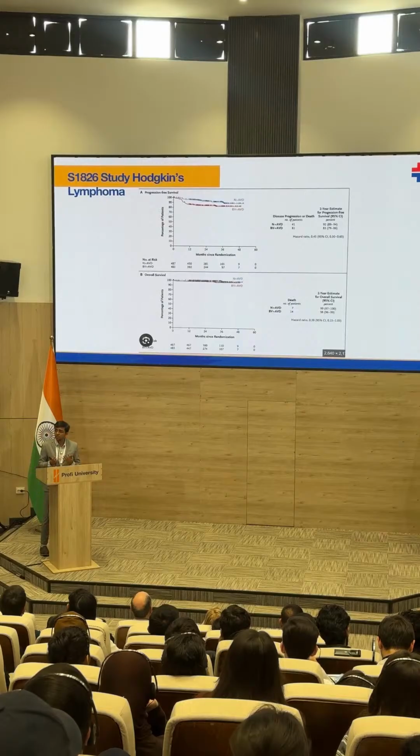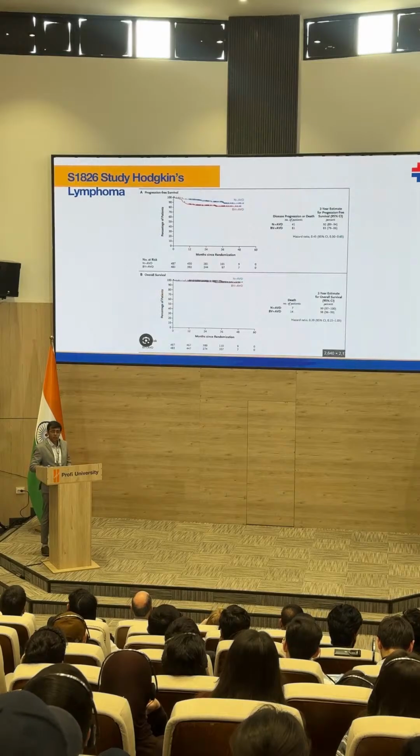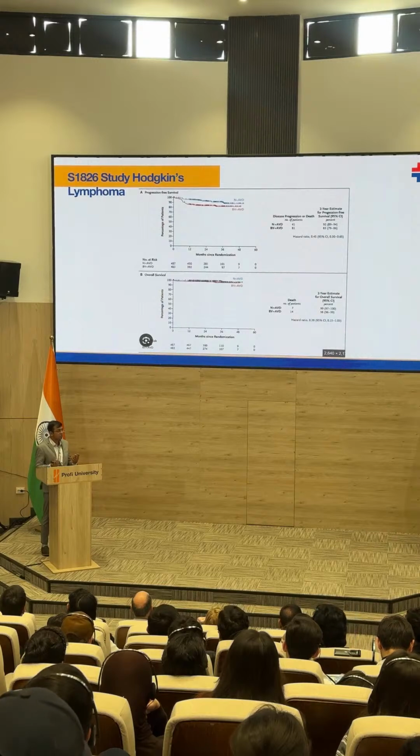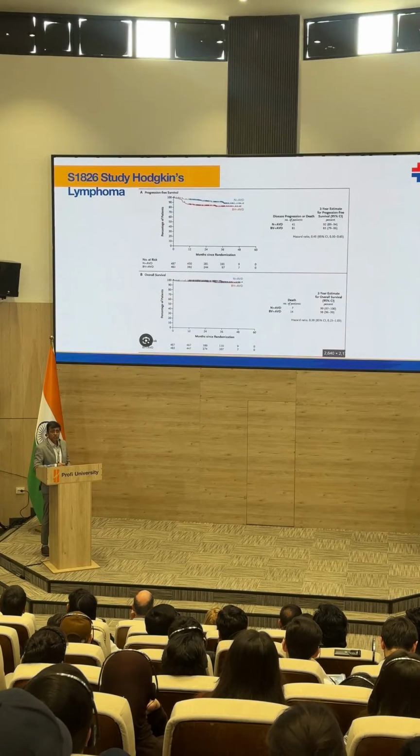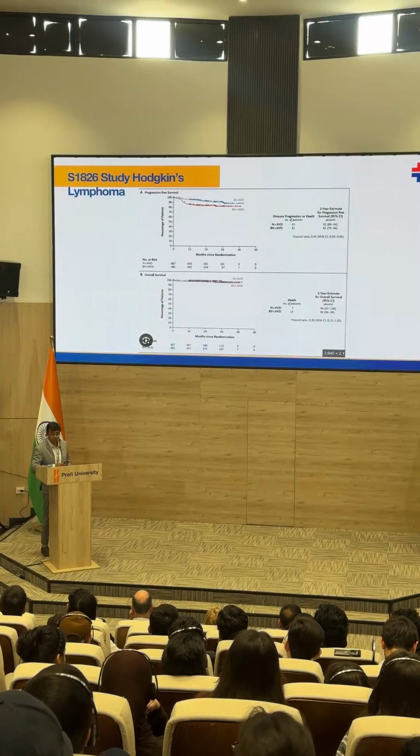Coming from solid tumors to hematological malignancies, Hodgkin's lymphoma, stage 3, stage 4 Hodgkin's lymphoma, till around 3-4 years back, the cure rates were in the tune of 70%. Now, with the addition of brentuximab vedotin, so BV is a targeted therapy, N is nivolumab, that's immunotherapy. So this trial was done between immunotherapy versus targeted therapy, and the winner in the year was immunotherapy. So 92% of patients of Hodgkin's lymphoma, stage 3, stage 4, where your cure rates were not that good, now they are living a normal life.